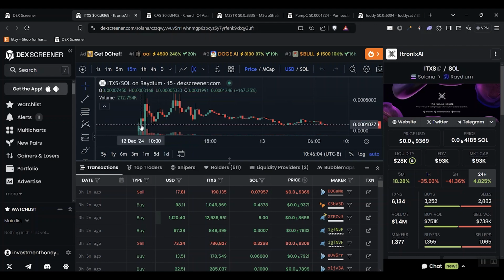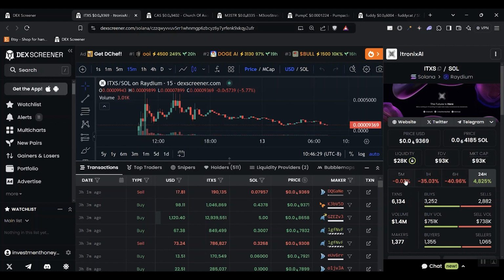With that being said, we get a bit of a launch candle, and we get strong retracement right afterwards. That's not unusual. We get some buy pressure returning after some retracements, but again, it's done nothing but retrace since then. You can see in this area, which breaks down more information for you on the 5 minute, the 1 hour, the 6 hour, the 24 hour, that we just see